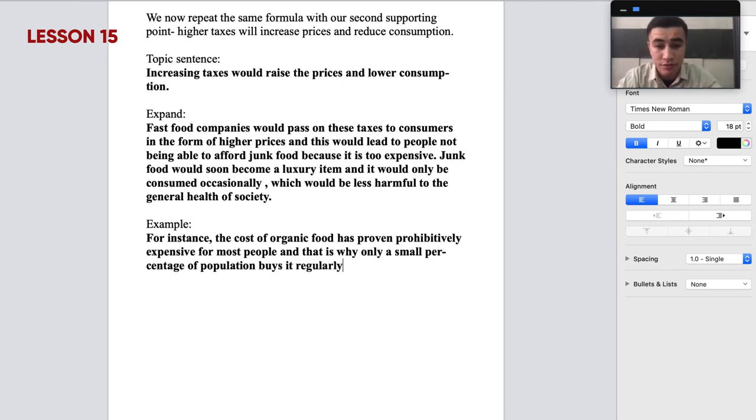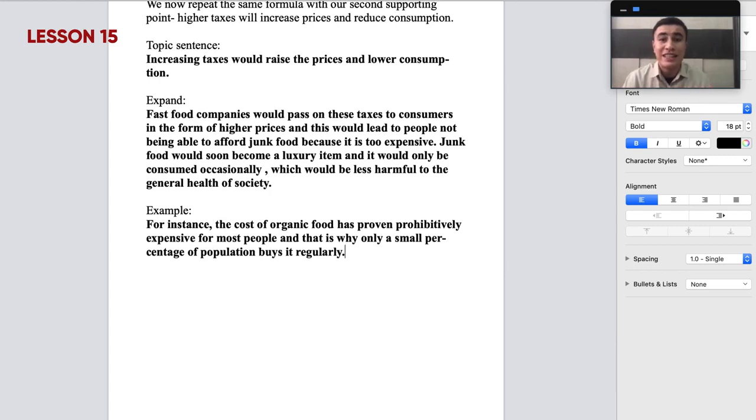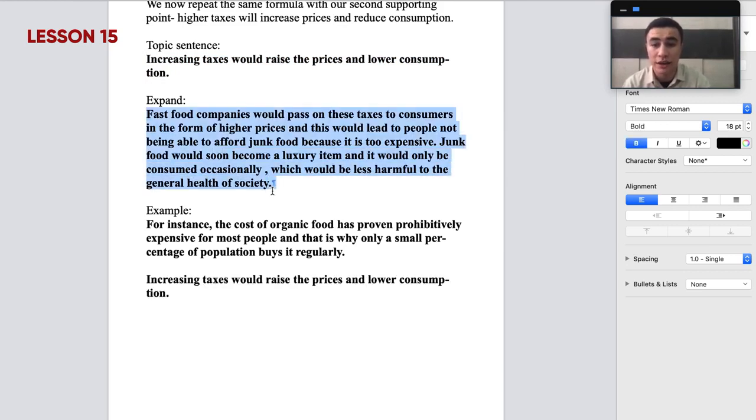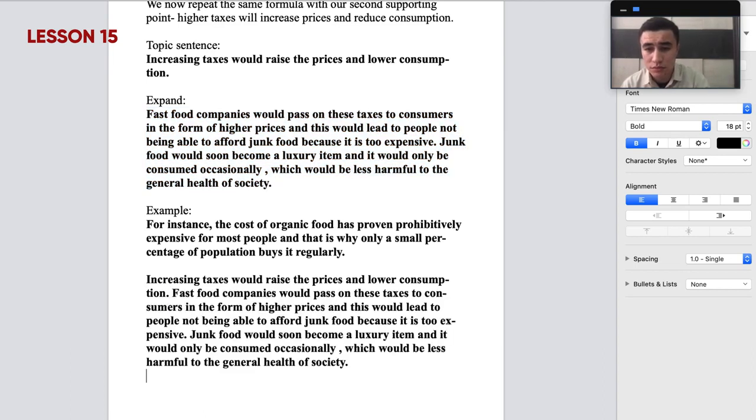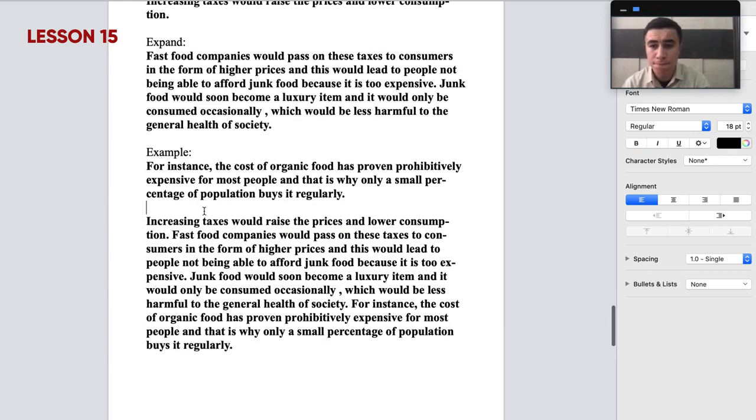Let's say regularly. Now, this is going to be our second supporting paragraph, and as you can see, we have 4 sentences as well. So, let's see how full paragraph is going to look like. Just one thing. Full paragraph. Now, how many words we have here? 96 words. As you can see, we already have ready introduction, our body paragraphs, and now we should write our